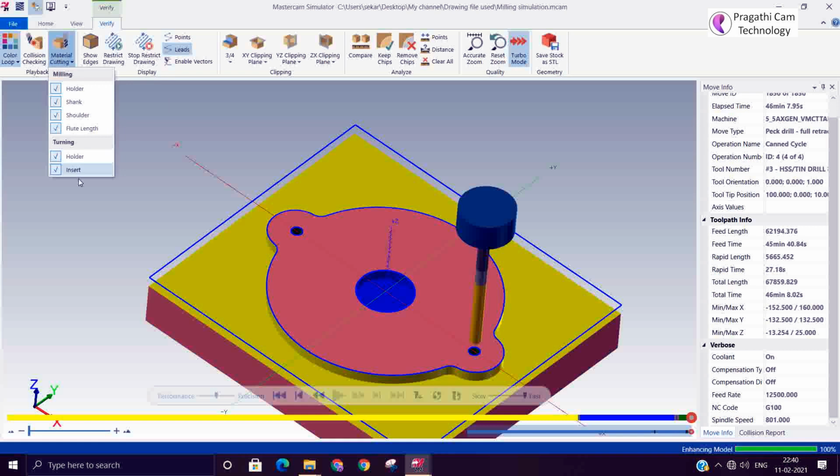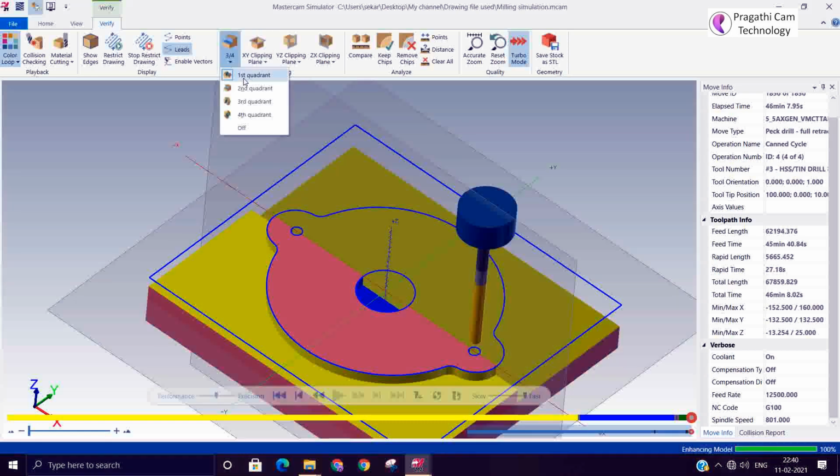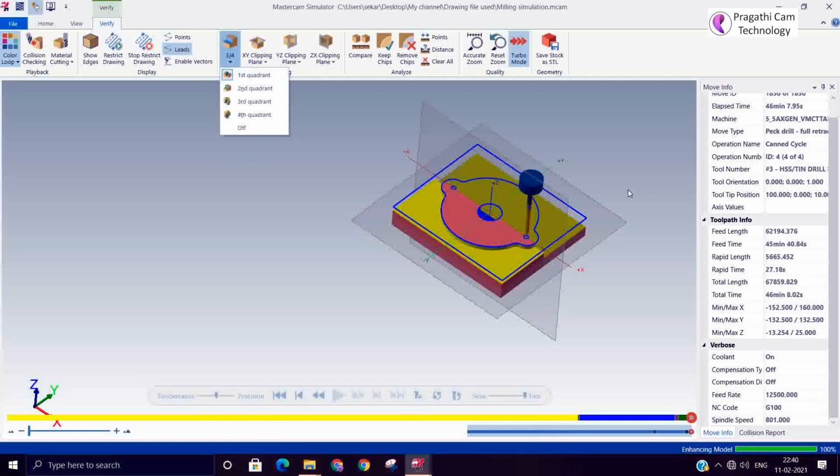So what are all the things you need to see here in display? You can see the edges visibility and so on. If you want to cut the model and see the front view, side view, section, it's nothing but a sectional view.